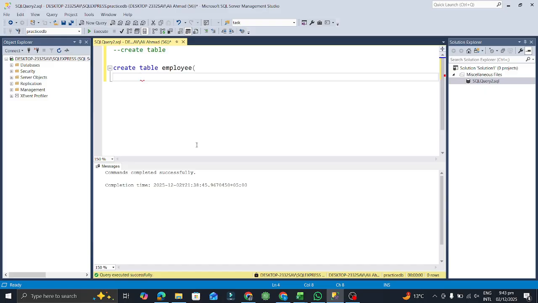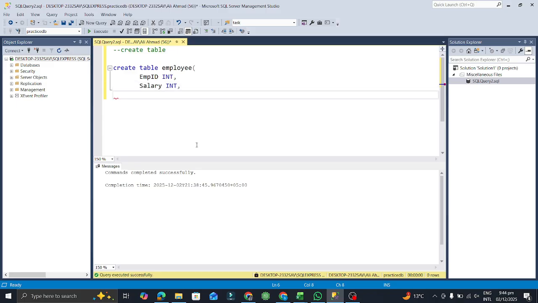We will give a data type, that is, first we need to write column name, that is employee ID, and after that I will give the data type that I want for the employee ID. I will give it a data type that is integer, int, then comma, and I will write my next argument, that is salary. Salary is also integer,